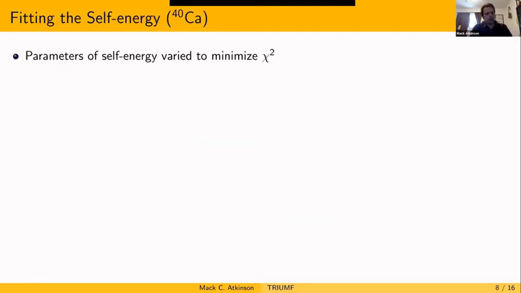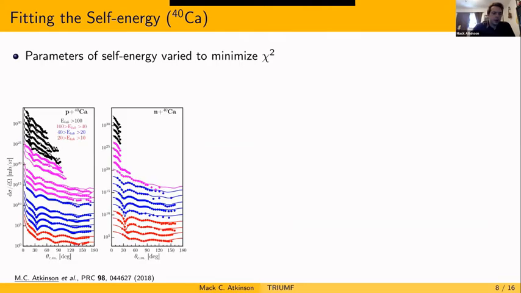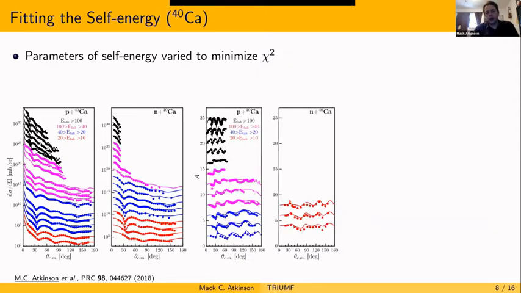So here's just an example of this fitting process for calcium-40 and what's involved. First we have proton elastic scattering differential cross sections, as well as neutron scattering cross sections, for energies ranging from 10 MeV up to about 200 MeV. The dots on these figures are the experimental data, and the lines are the corresponding DOM fit. Also included are analyzing power data for protons and neutrons, which tells about the spin-orbit aspect of the optical potential.